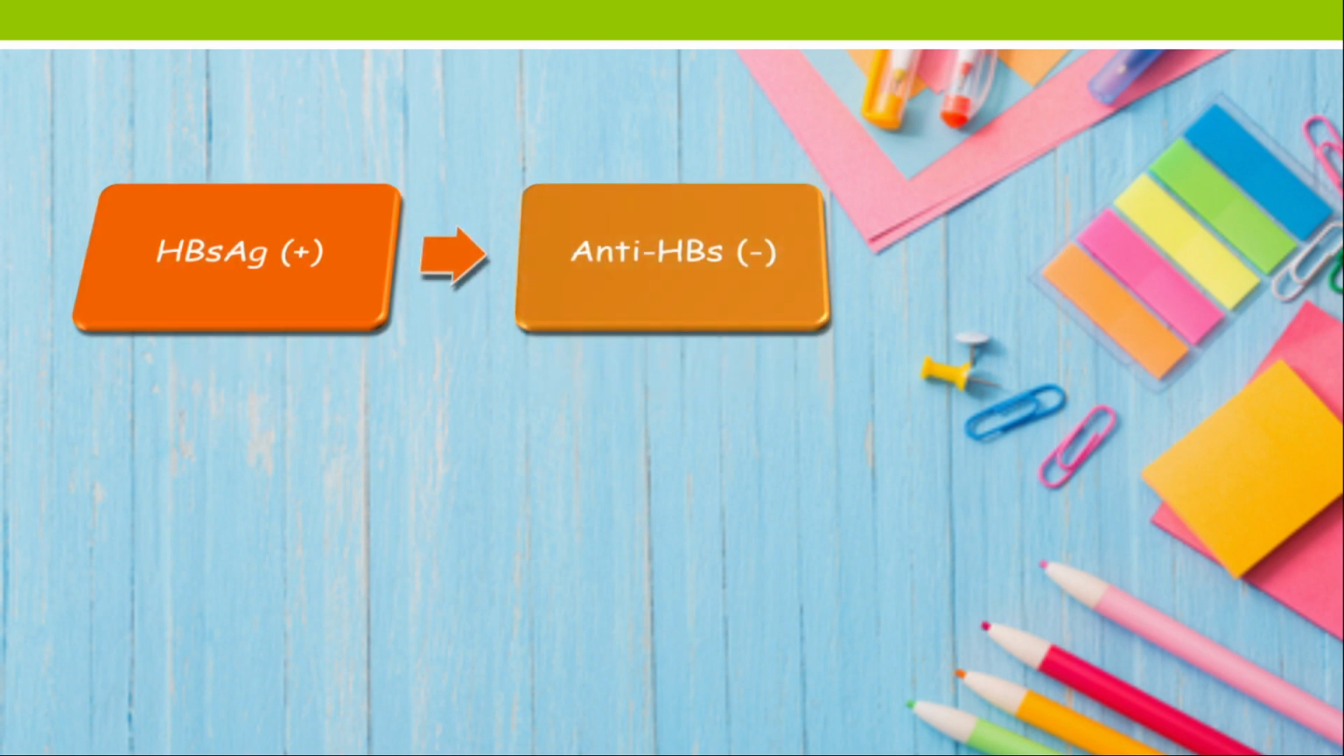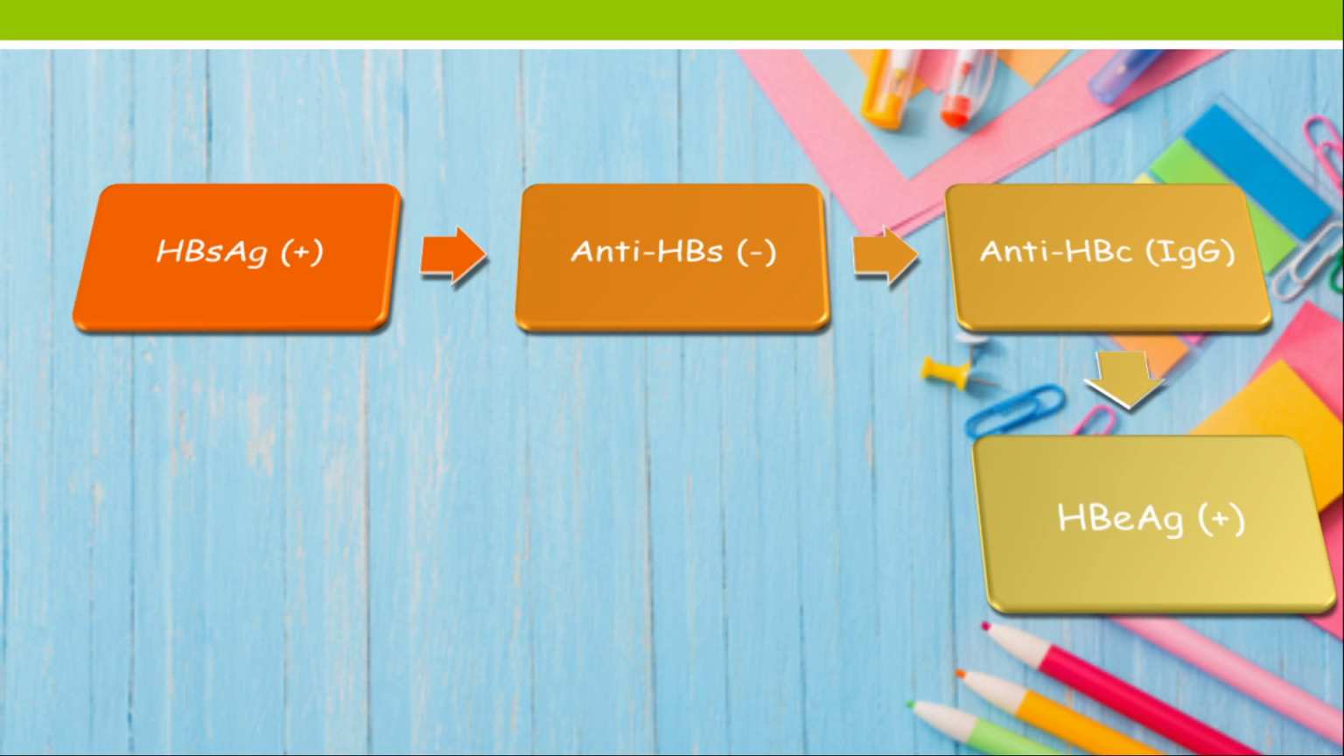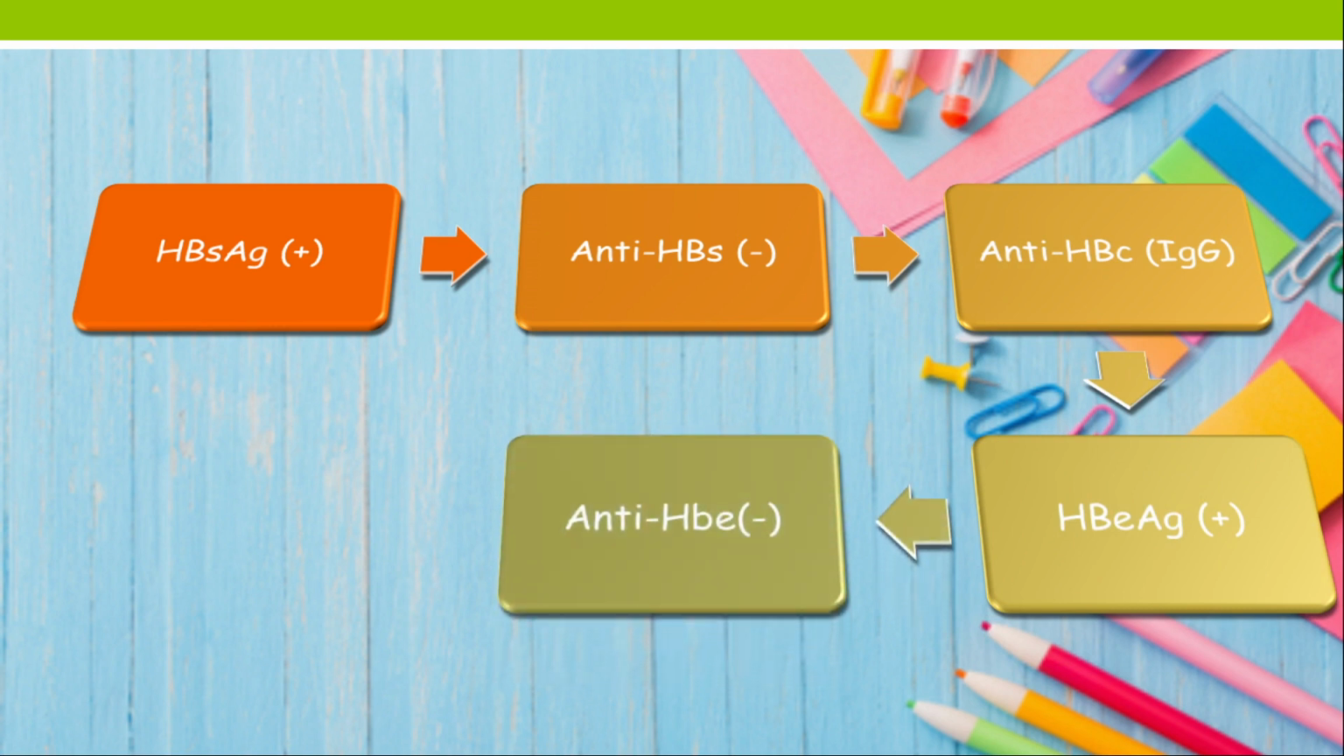So, next HBsAg is positive, then anti-HBs is negative, then anti-HBc IgG is there, and HBeAg positive, anti-HBe negative. I think you people might have guessed what could be the diagnosis with the help of this profile. So, let's have some inference. HBsAg positive is indicating some active infection. Okay, so some infection is there. So, this is indicating still now there is no immunity,